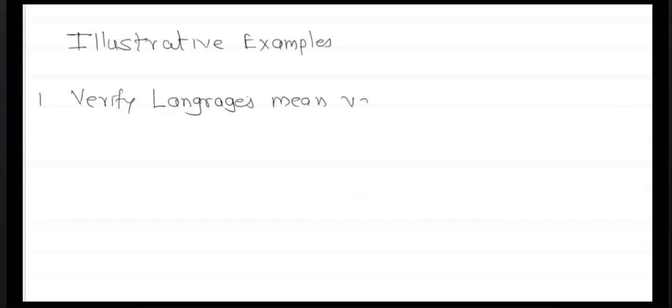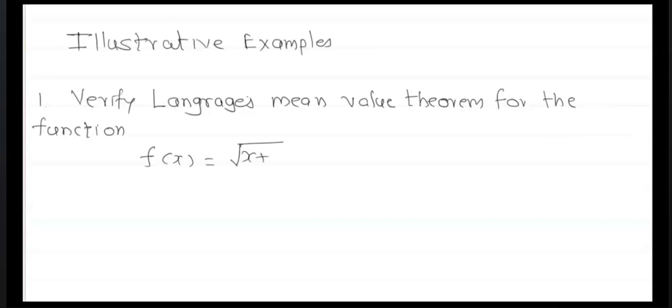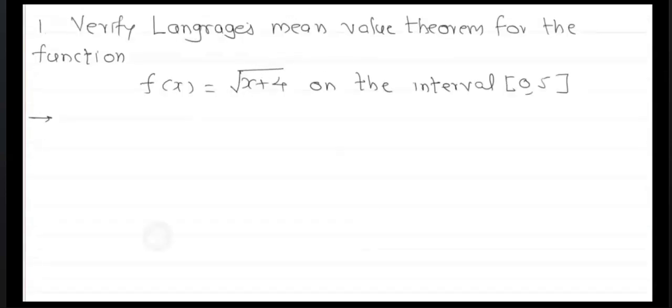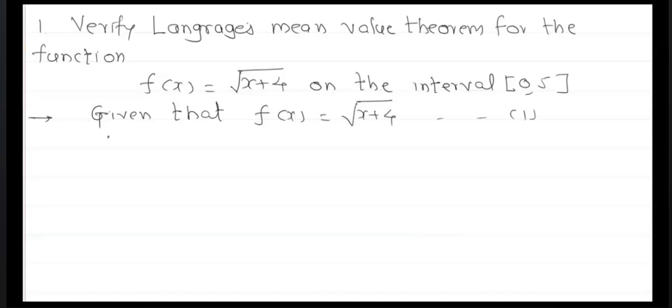Now verify the Lagrange mean value theorem for the function f of x is equal to root of x plus 4 on the interval 0 to 5. Given that f of x is equal to root of x plus 4,